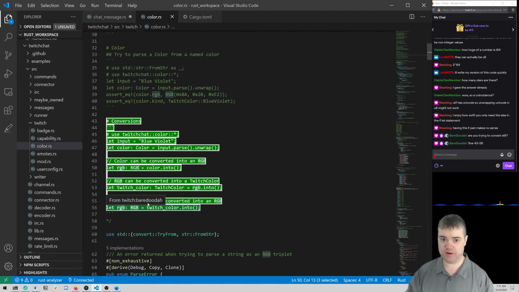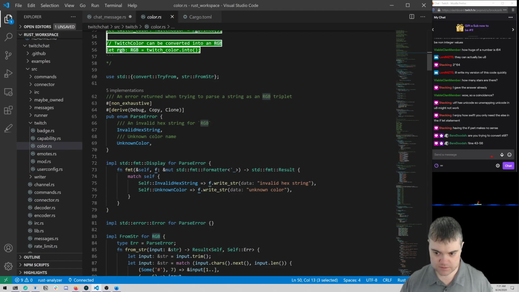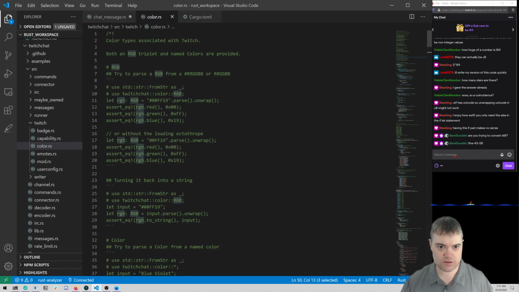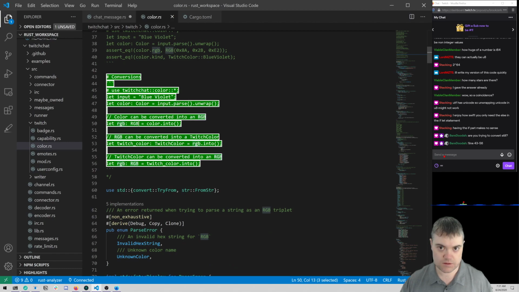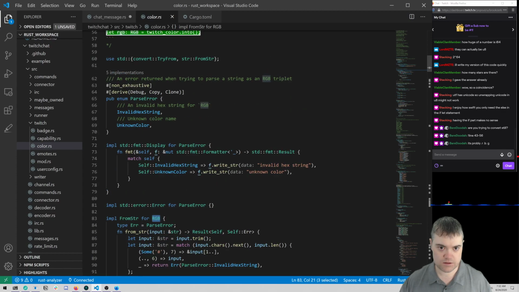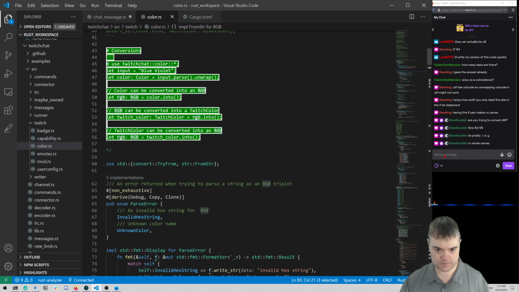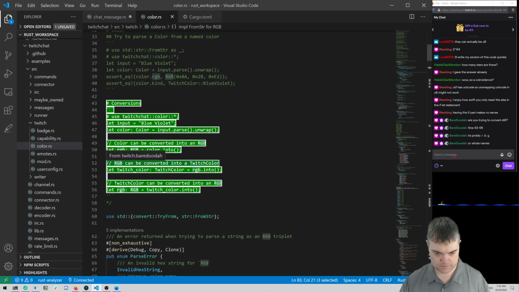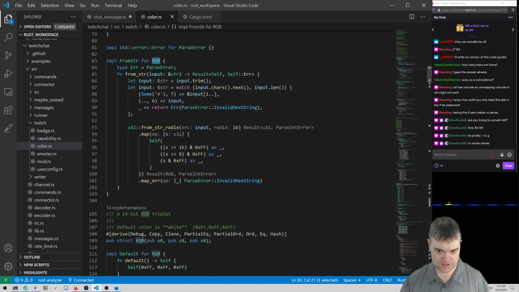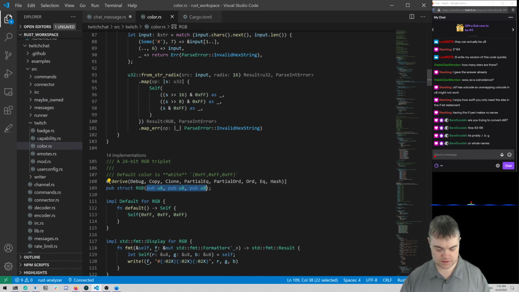Now I want to get the actual string, or get the actual values from it. So how is it stored? Where's RGB? Where's the struct RGB? Okay, struct RGB, it's a tuple: pub u8, pub u8, pub u8. Okay.